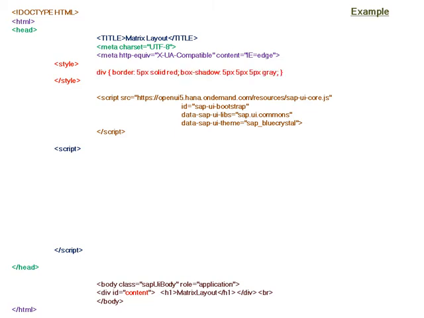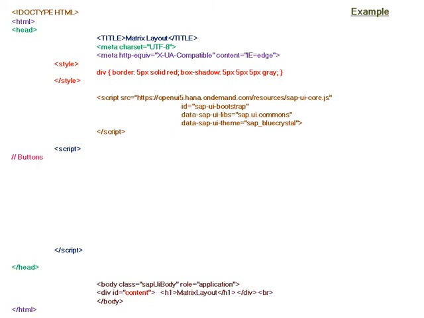And the second script block where we will write the actual application, that is the application section, to determine the UI elements. Before that, let's complete the body section. So the sapUiBody class is mentioned with a user interface area given ID as content. Now for the same div, here in the style we are giving a border and also a box shadow.